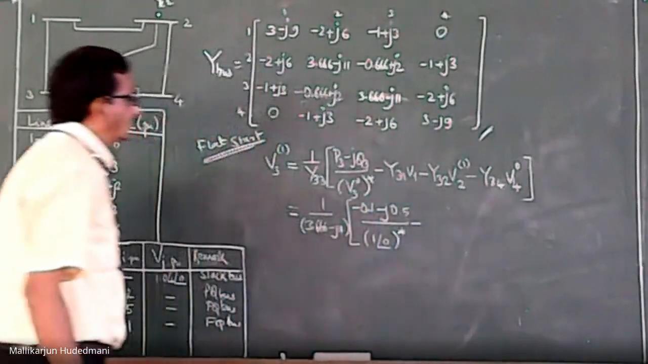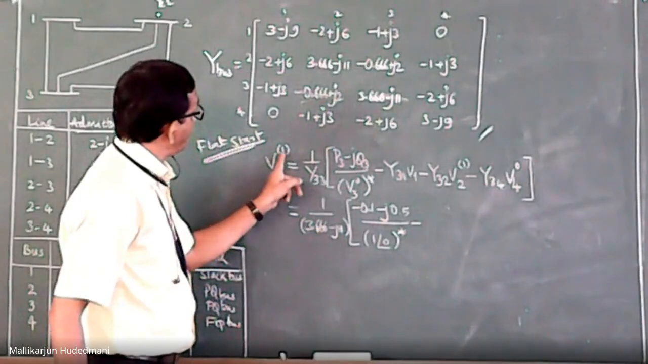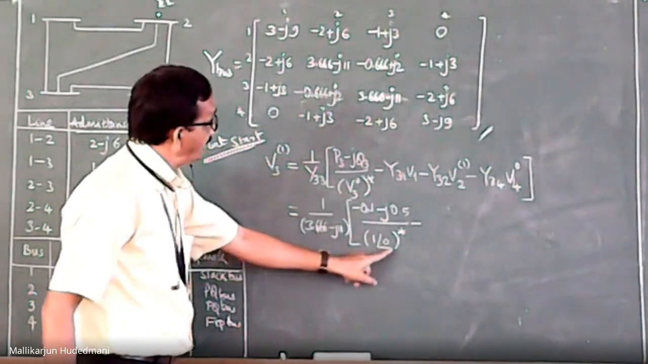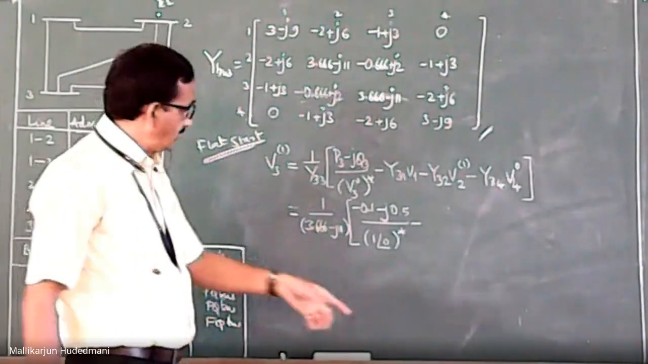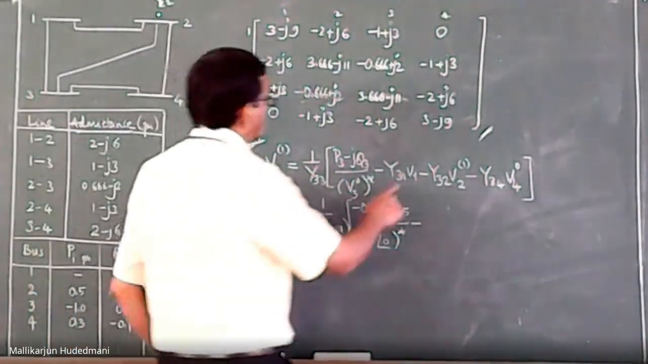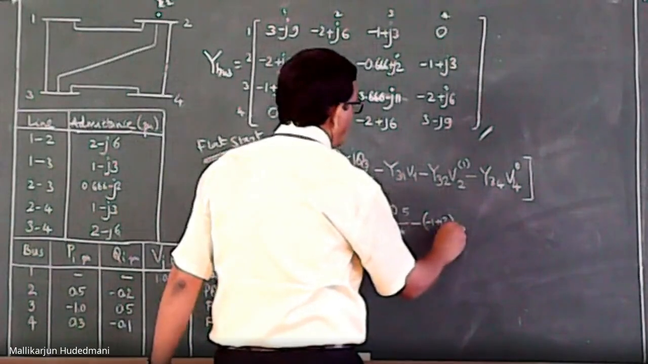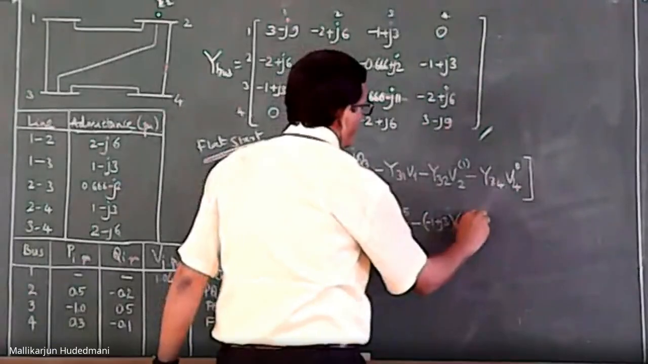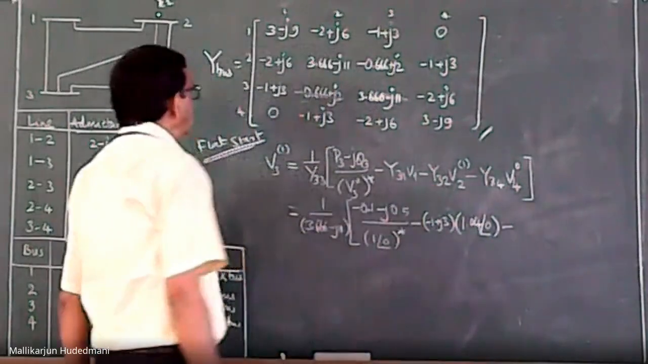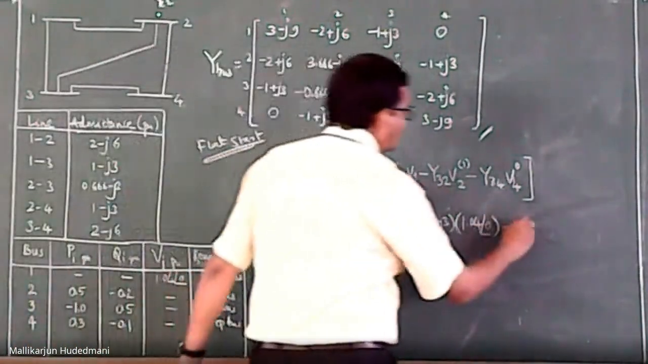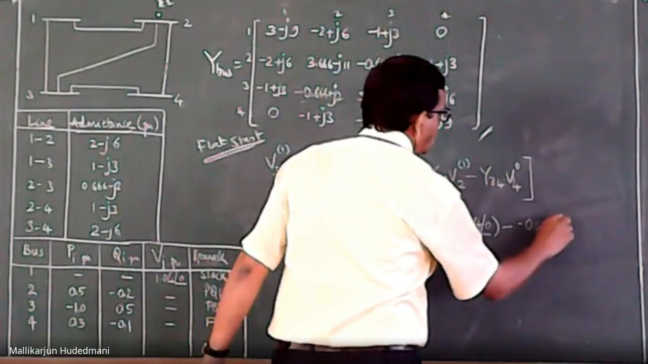conjugate, minus. This is V3 0, because it is the initial estimate of bus 3, whose updated value I am trying to get. What is the initial value? 1 angle 0, because I have never computed it in any earlier step. That is the step I am doing. Hence the initial estimate is 1 angle 0 conjugate, minus Y31. What is Y31? In bracket, minus 1 plus j3 into V1, 1.04 and angle 0, minus. What is Y32? Y32 is this: minus 0.666 plus j2,